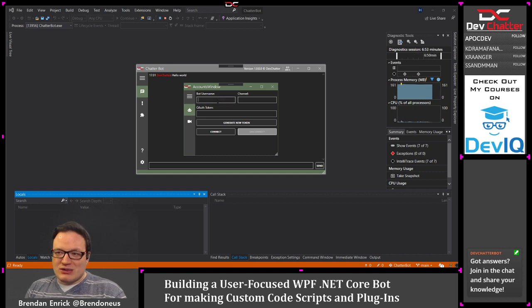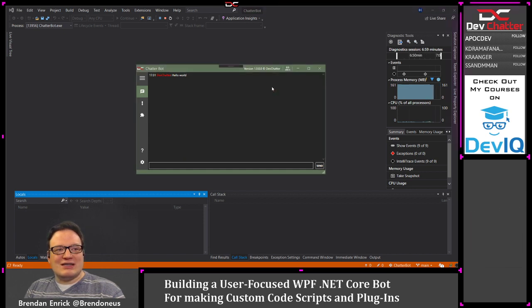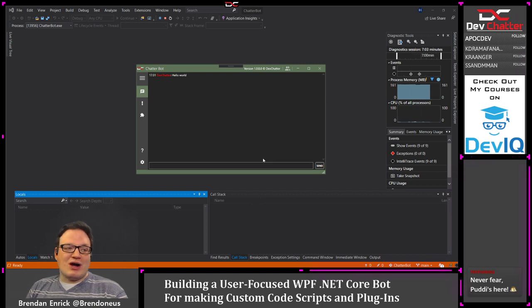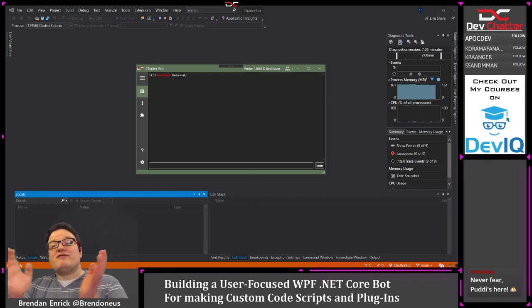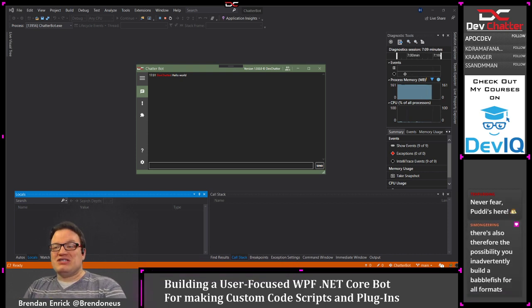Obviously, without the bot, there's not really anything, but you could connect the bot and then it would be in there, and then yay, it's connected. So we want to wire all that stuff up. So plan for the day. We are not going to get to everything, obviously. So today, what we're going to be working on,